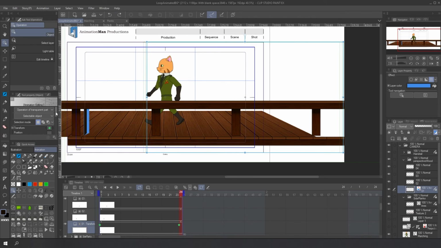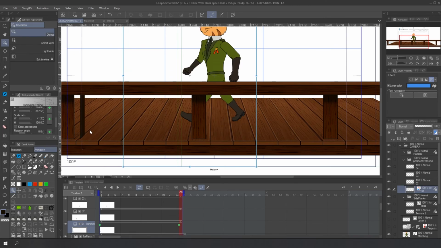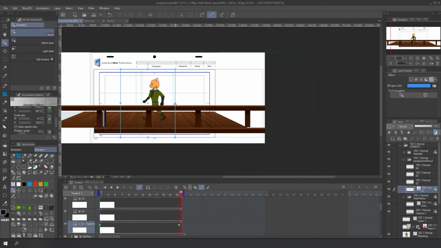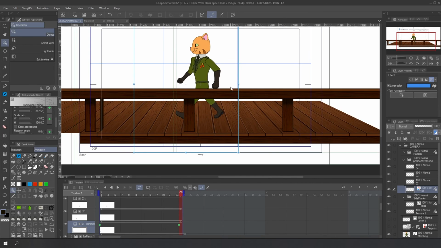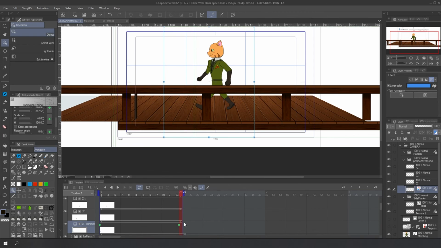So we need to go to Tools, Properties, and uncheck Keep Aspect Ratio. Now I can change just the width until it matches the width of the second shape. It looks good enough. I'm going to do the same for the second.